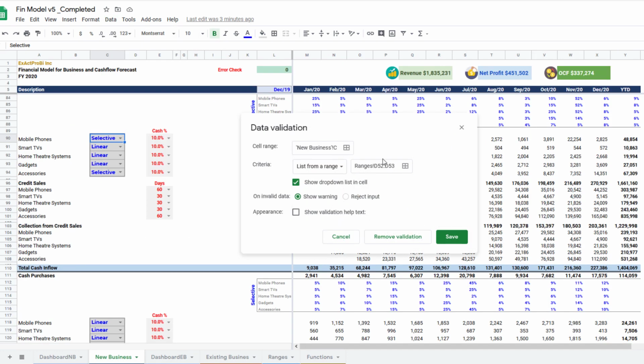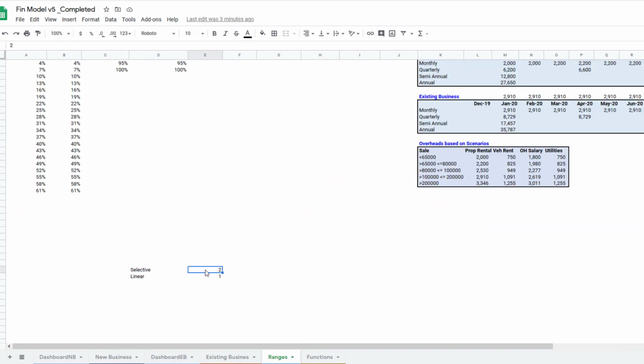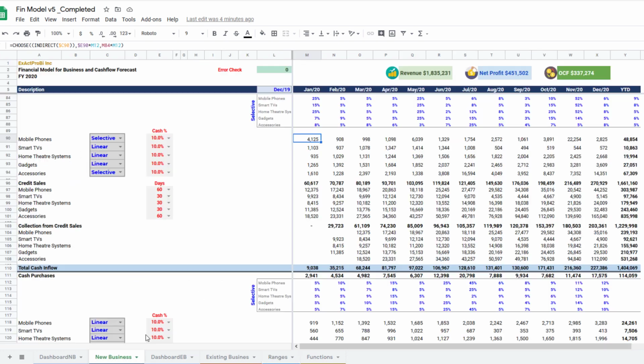So let's go back to data validation, right? And I copied the same everywhere. And now I'm using the indirect function to reference it, right? As I explained before, the indirect function gives the reference to this text because the named range is given indirectly to this particular cell E52 for select and linear, right? So that's how this particular scenario is working using the indirect function.